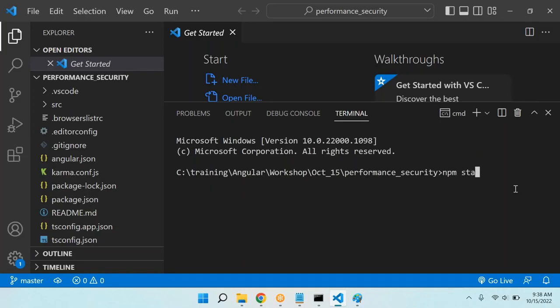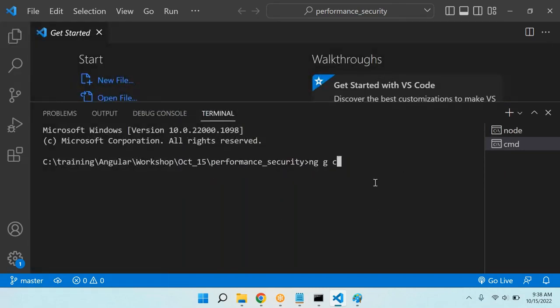Let me start the application, guys. npm start, you know that npm start is used to start the application. And let me create a new component using ng generate component. Suppose country, let me define this way: ng generate component caching/country-state. Okay, we are going to create a component called country state, and that component is going to be placed inside